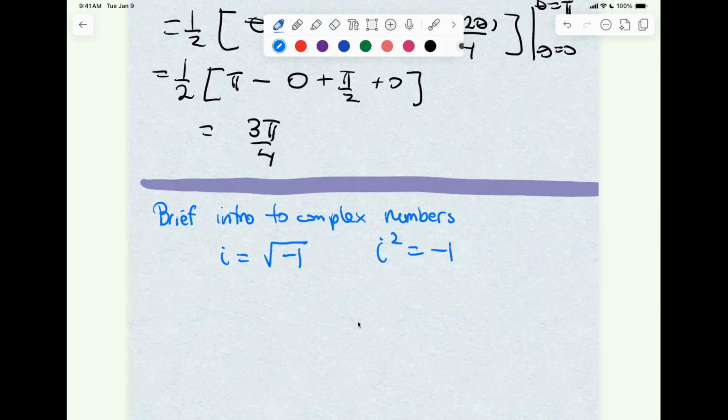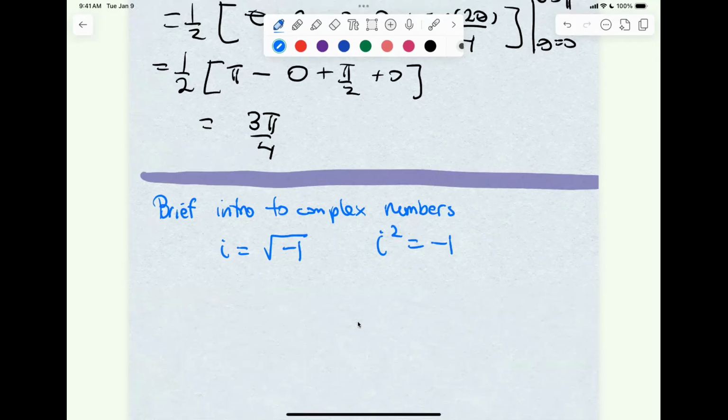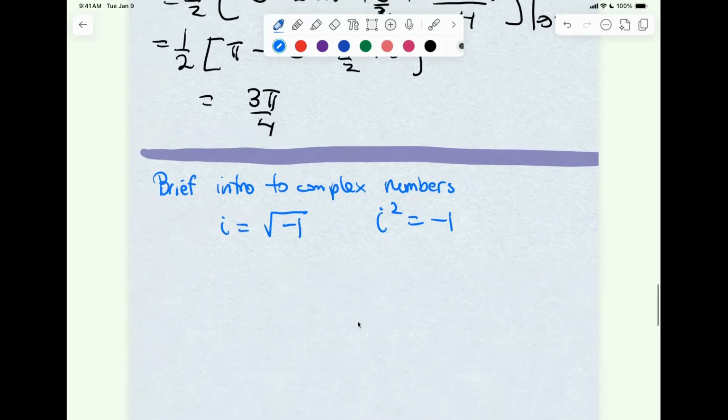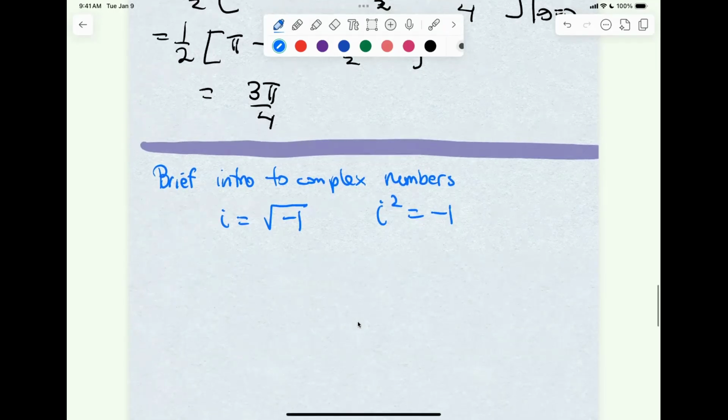So I'll keep this as a black box. I won't refer to it for a moment, and then I'll tell you how it reappears a bit later on Wednesday. So we will think of a complex number